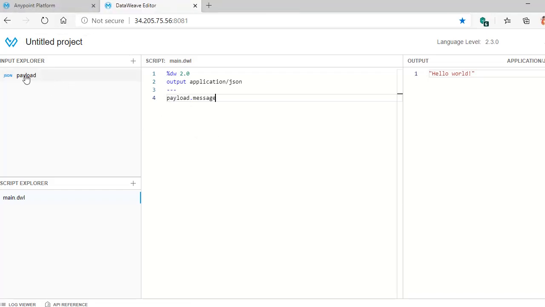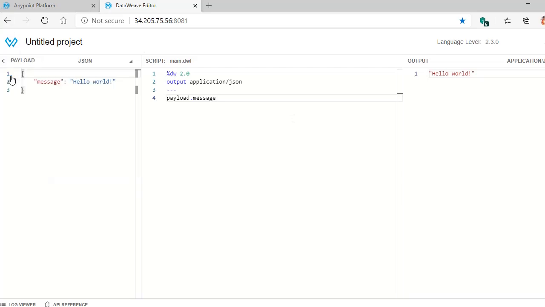Just like the actual DataWeave component in Anypoint Studio, you can provide any input data which you would like to transform, and you can write your transformations and all the logic here. It will give you the preview as an output here. So once you are well and good, you just need to copy this DataWeave transformation logic into your Anypoint Studio. This is how we can easily use DataWeave.